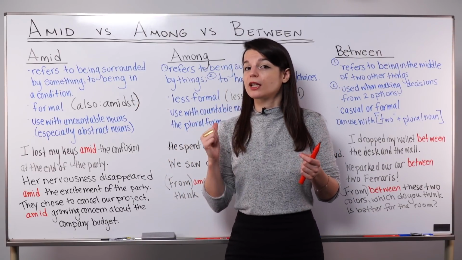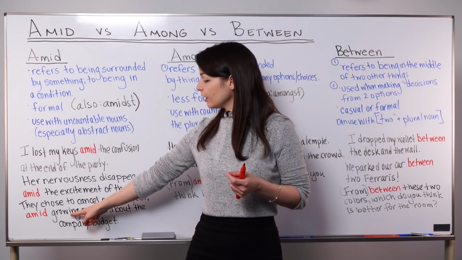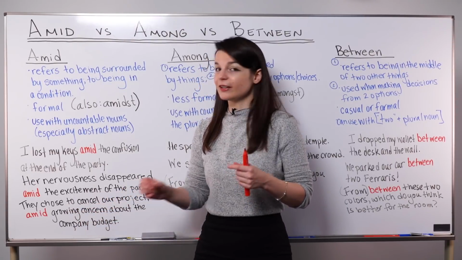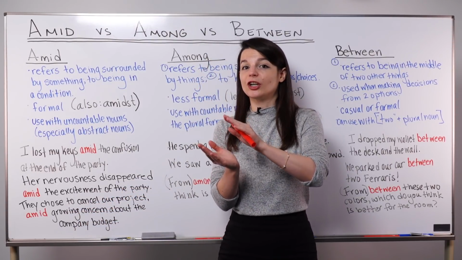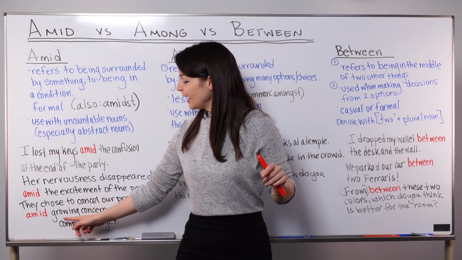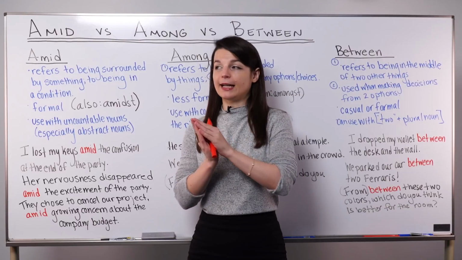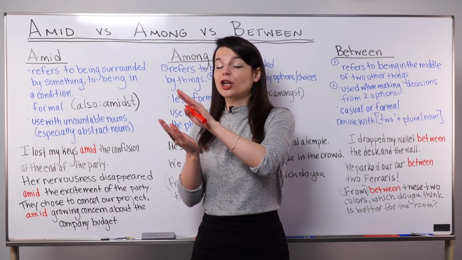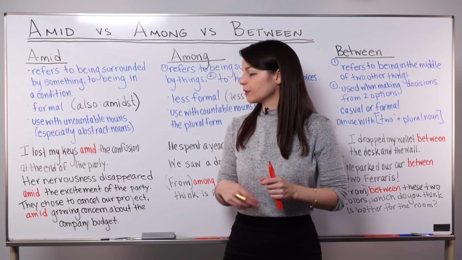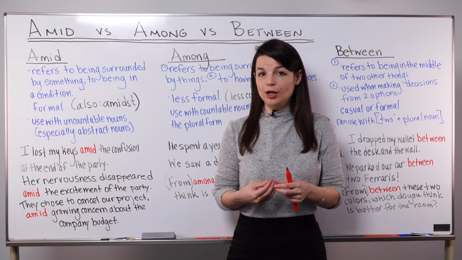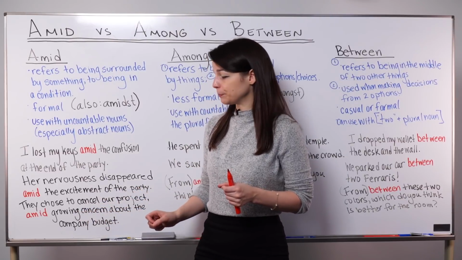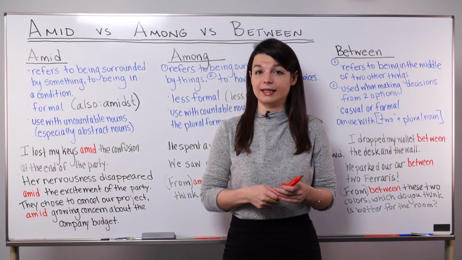So we can use concern in this way. Here, I've added this modifying word too, growing concern. So I'm showing that the concern in the company is getting bigger. So inside this situation, like increasing or growing concern, in this situation, our project was canceled, or they chose to cancel our project. So because of this growing concern about the company budget in this case.